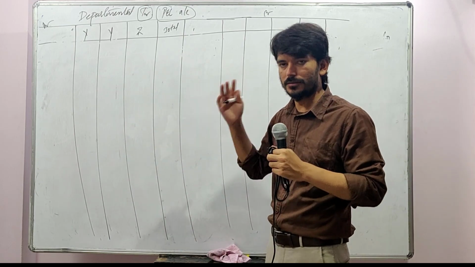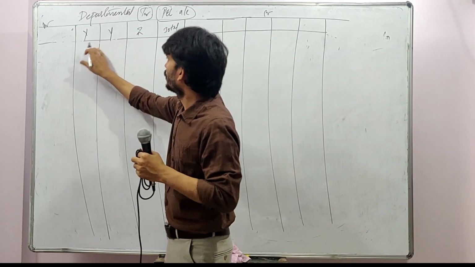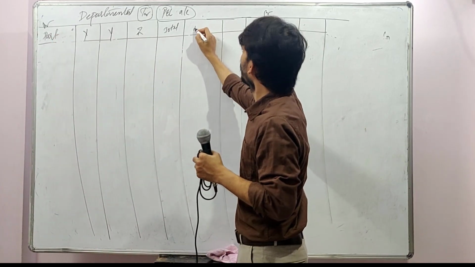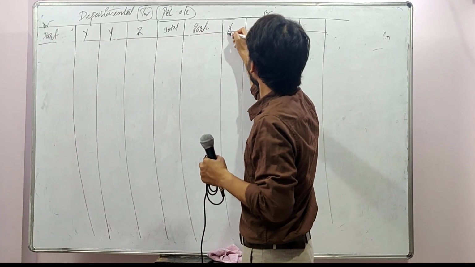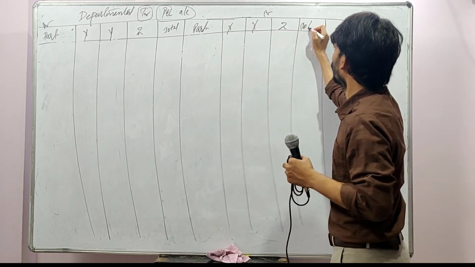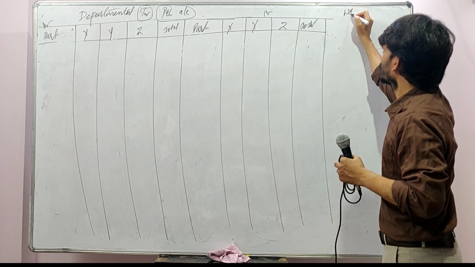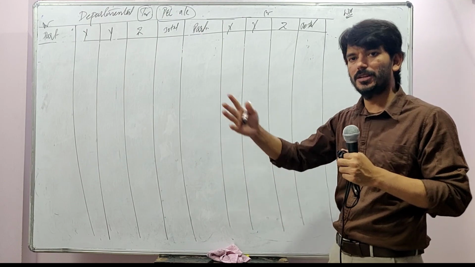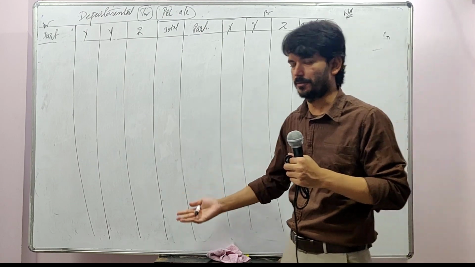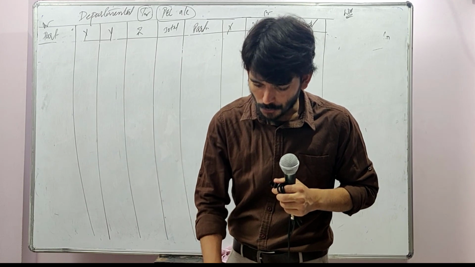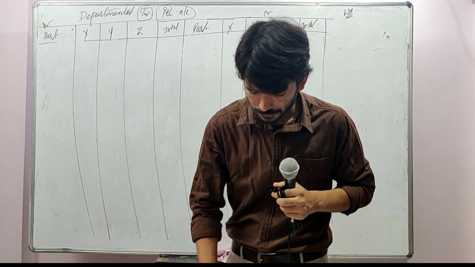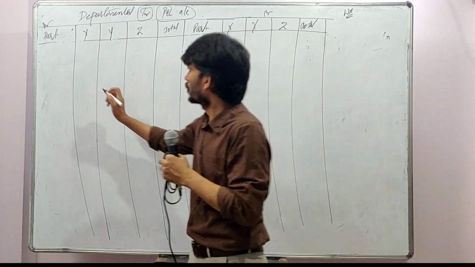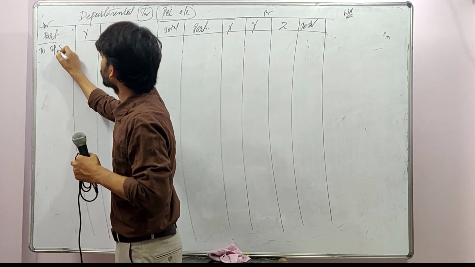So before drawing only, be clear with what you want. I need 4 columns. Yes, these are the particulars. And again here particulars. X, Y, Z, total. And we'll leave some space for working. In examination, you can draw a full length paper for this and maybe half paper for the remaining part also, because it is a bit cumbersome, right? So how we should start the question is, at the beginning he has given opening stock for 3 different departments. So you can write opening stock